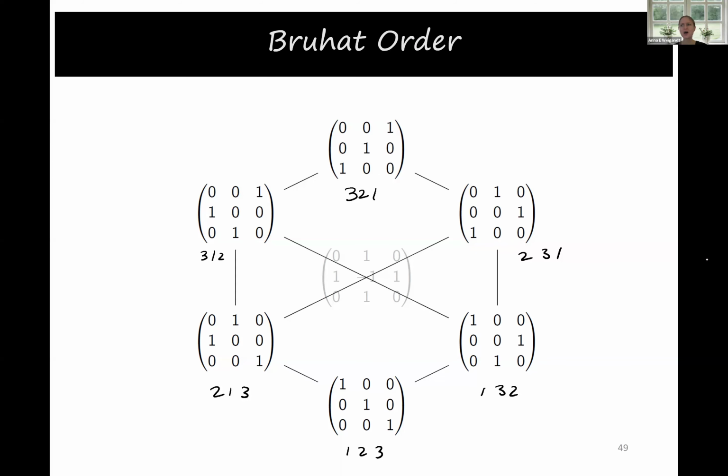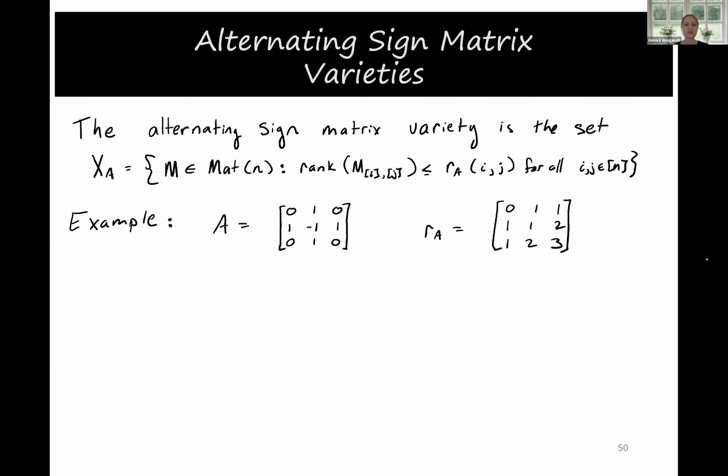In fact, it's the smallest lattice that does that. So ASMs are a nice lattice, which means they have a lot of good structure, and they sort of complete the strong Bruhat order on the symmetric group. Okay, so going back to sort of Schubert calculus land, we can define these things called alternating sign matrix varieties,